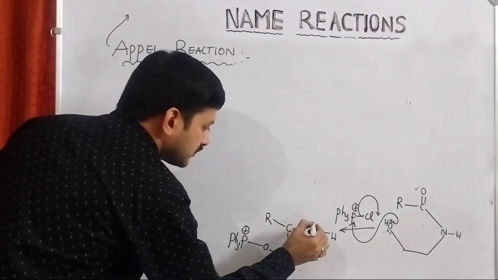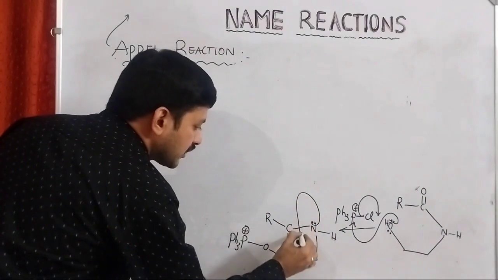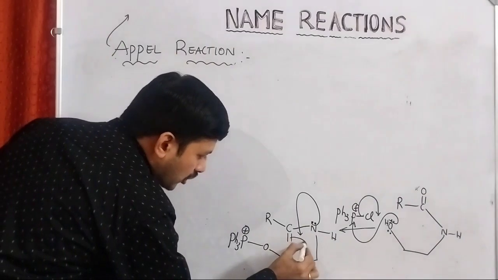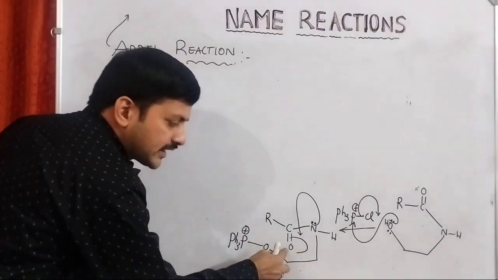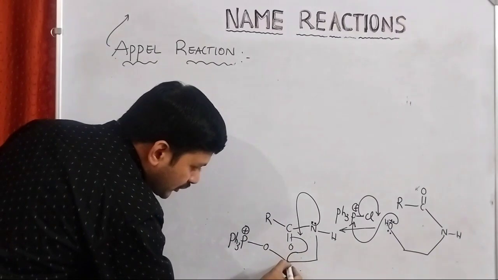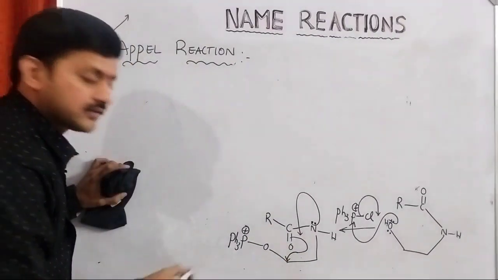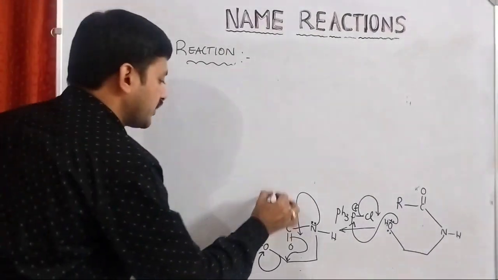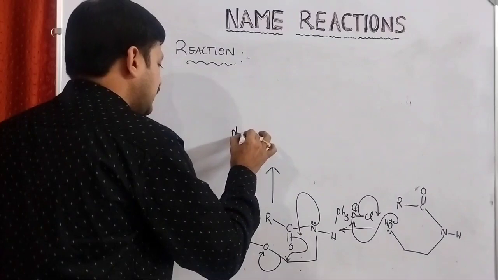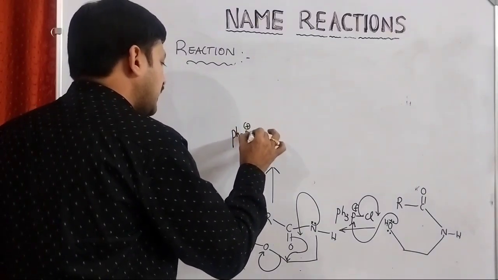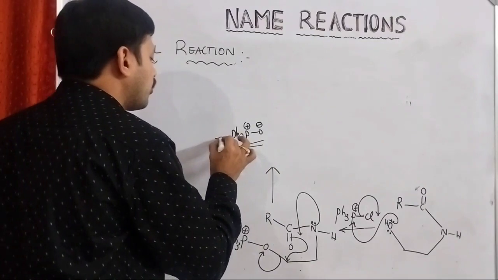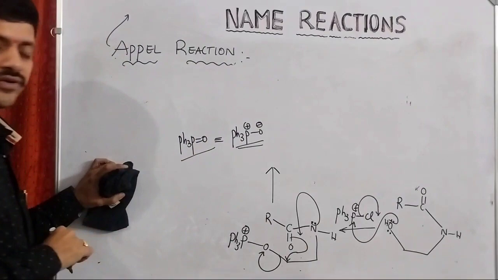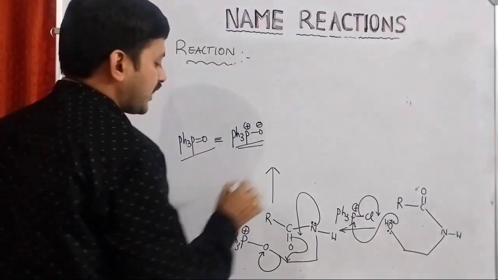Again, the nitrogen lone pair is involved in conjugation with the carbonyl oxygen. Here see this, the oxygen atom is going to get what? Negative charge. This negative charge is going to attach at this carbon, thereby the single bond electrons move towards the oxygen. So you will come up with Ph3P+ and O-. This one will become what? Triphenylphosphine oxide. This one will be removed and you are going to have